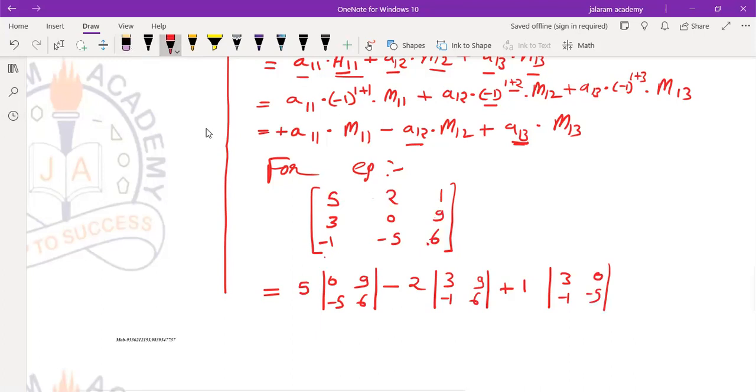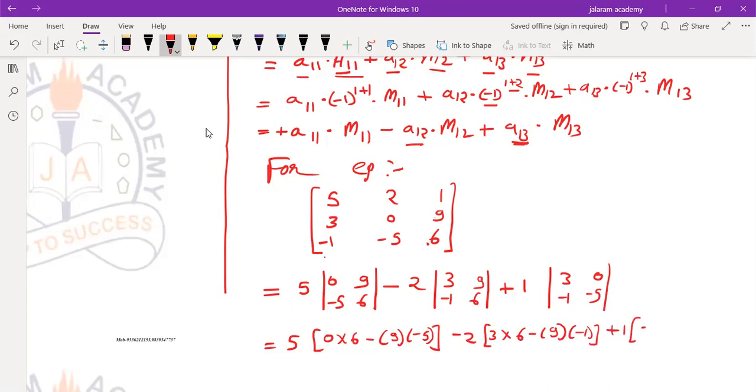So now we find the value, which is very easy to find by the cross multiplication method. 0 into 6 minus 9 into -5, minus 2 into 3 into 6 minus 9 into -1, plus 1 into 3 into -5 minus 0 into -1, equals 5 into 0 minus -45, minus 2 into